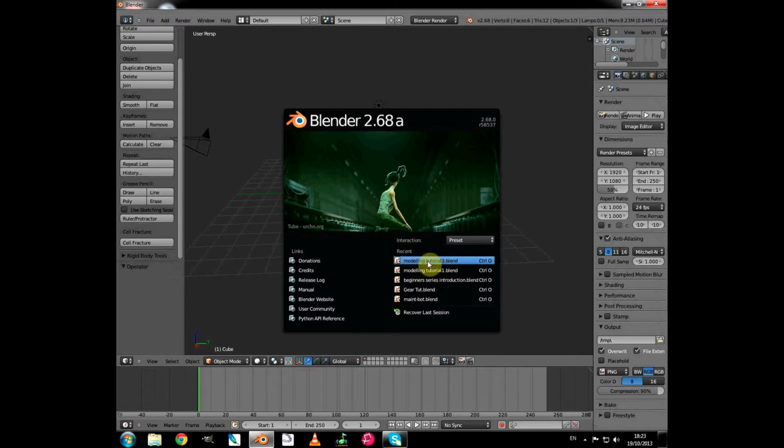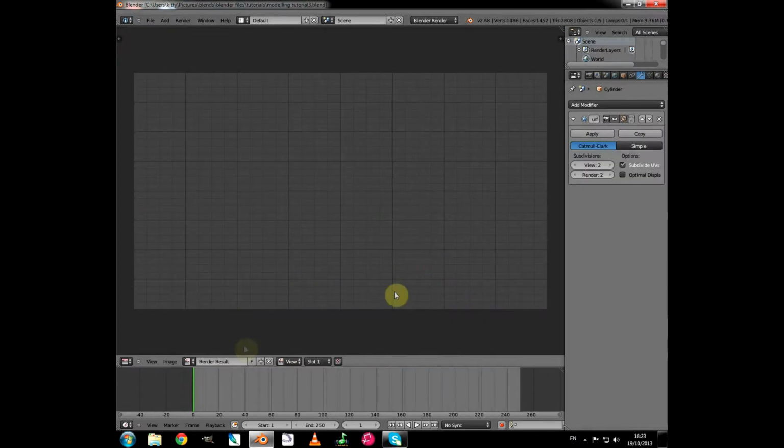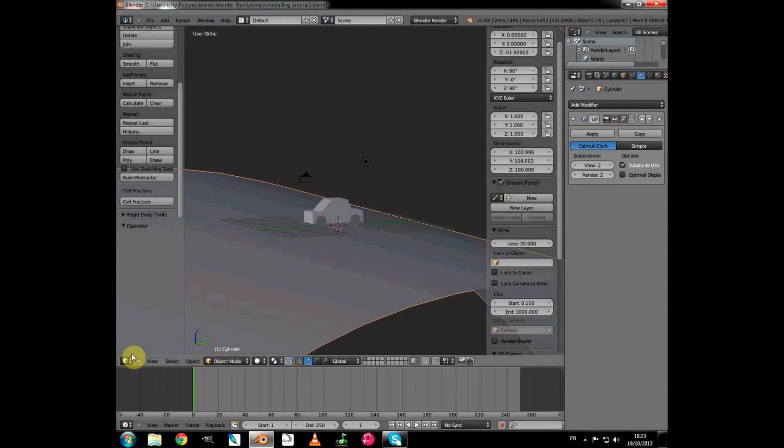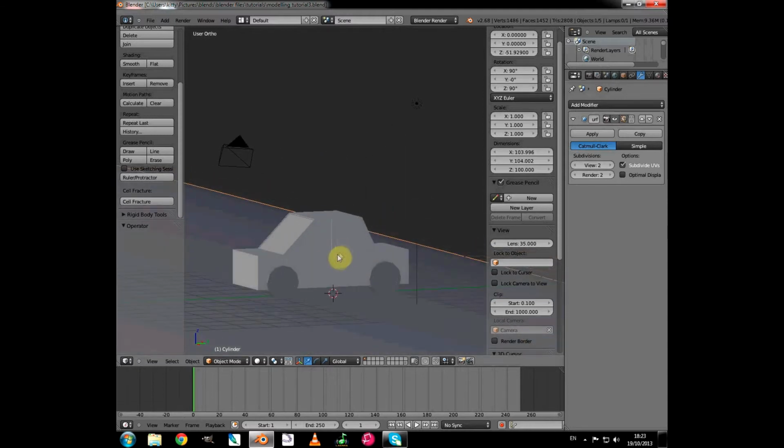If we just select our saved blend from last time and set it into the 3D view, what we can see is our scene. And firstly, what we intend to do is add some colour to the car, colour the wheels, add an image texture to the wheels for the hubs, and put a nice reflective window surface on the windows. And then we'll get on with the background and we'll do the trees in exactly the same way as the car. So to do that, let's first select the car by right clicking,